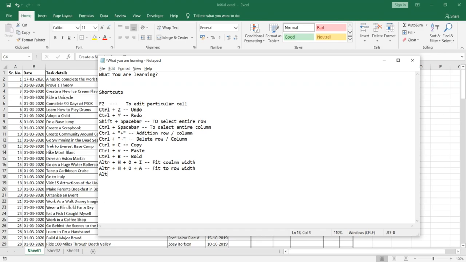So what were the shortcuts? Alt H B A for all borders, and another shortcut, Alt H B N, to remove borders, right?